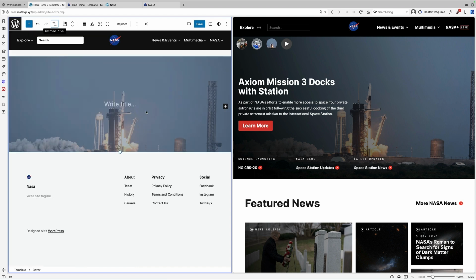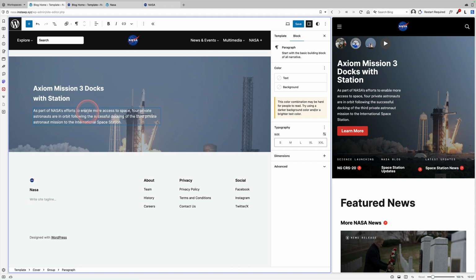So there's a few really interesting things happening with the cover block over on the right, the NASA one. We've got this graduation going on where it gets lighter at the top right and darker on the bottom left. We obviously got this text here as well. And we've also got these 3 little sections under there. I'm not quite sure how I'm going to do those, but let's start off by just adding some text into my cover block here. And you can see I can just write over the top of it really simply.